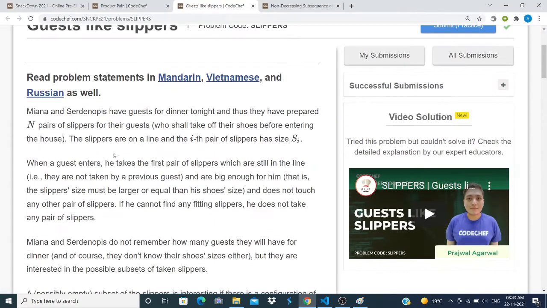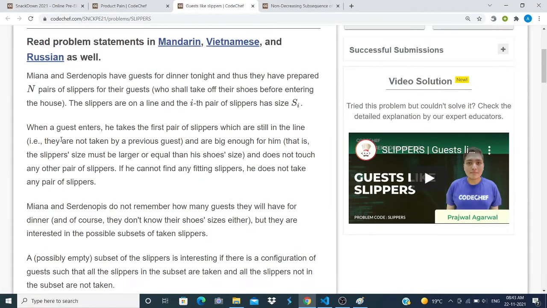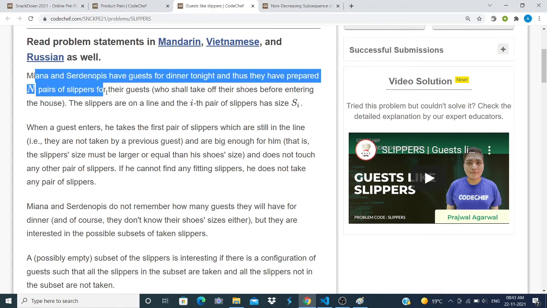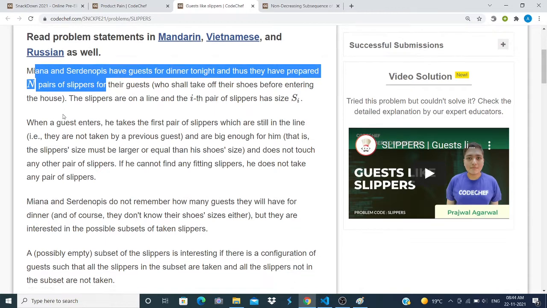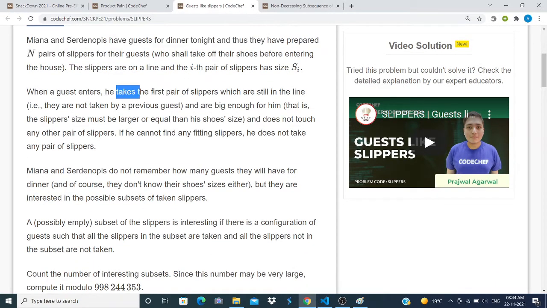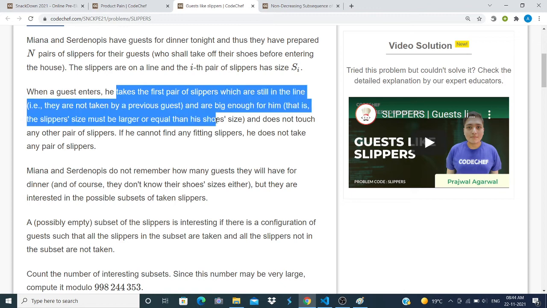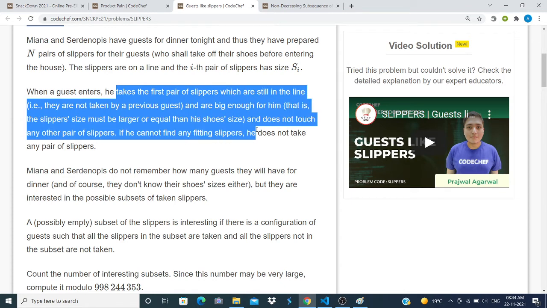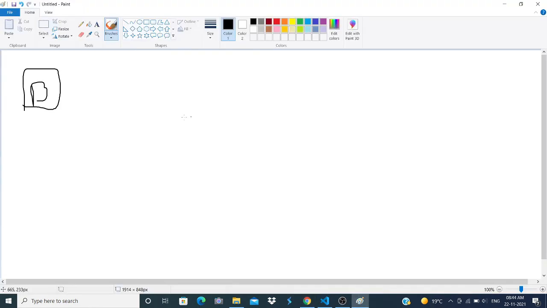Okay, so in this problem, basically you are given n pairs of slippers for their guests, and when a guest enters, he takes the first pair of slippers which are still in the line and big enough for him, and does not touch any other pairs. So basically you are given some slippers, S1, S2, S3, and these are all the sizes of those slippers.